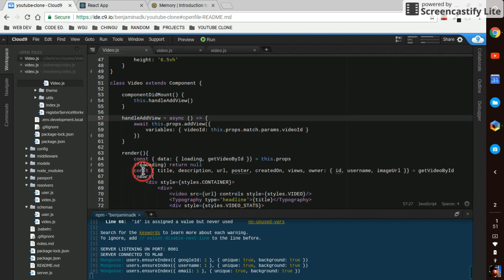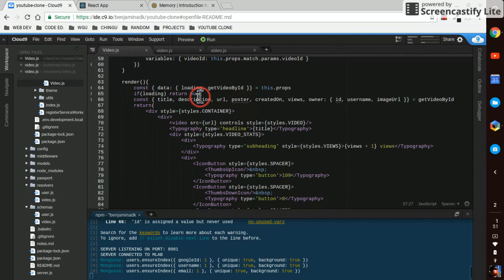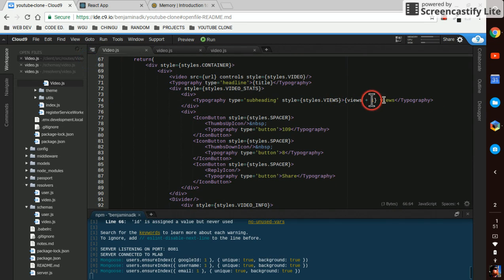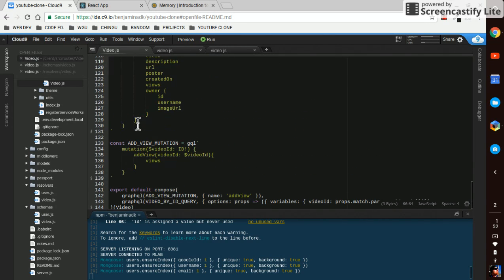And then down here, since we added it to our initial query, I added it here. So we're getting it off the initial query. And down here, instead of having to update the store or anything like that, I figured we don't need all that extra code. We can implement some live updates when we do the likes. There's really no point to updating our cache or anything like that because the mutation's called when the component mounts anyways. And I did run into a weird thing where even though I'm returning views here after the mutation, it's still